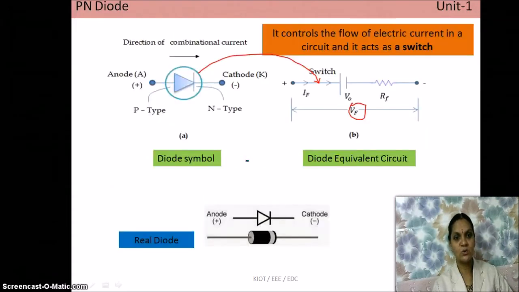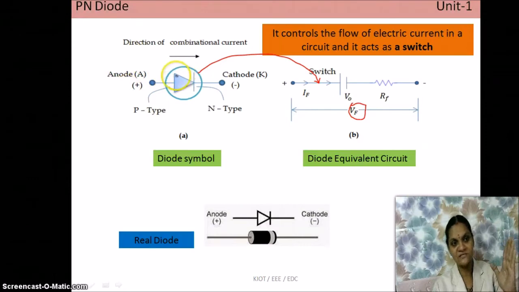First one is the PN diode. So when you look at the diode symbol, it will be like this. One triangle followed by one vertical line, both enclosed inside a circle, with one terminal taken from the triangle side and another terminal taken from the vertical line side, and these two terminals act as two electrodes. Normally the triangle side, the flat end, is P type, and the vertical end is N type, and this is the anode. The terminal taken from this side acts as the anode terminal.